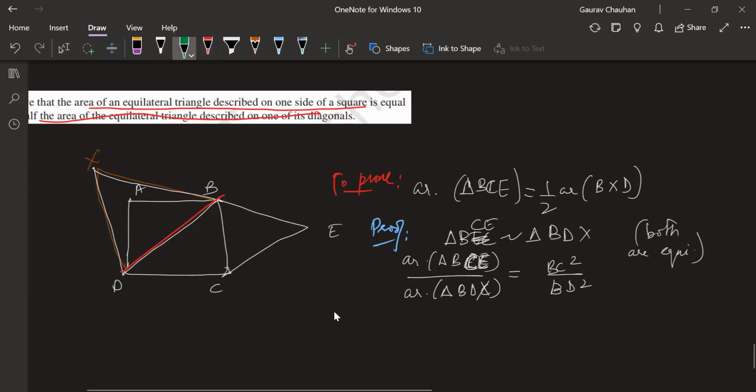Now I am going to BC and BD. I'm going to concentrate on BC and BD now because I want to remove all of this. I want to get half here so that when I take this to the right side, it becomes half. Okay, I'm going to see what can be done.